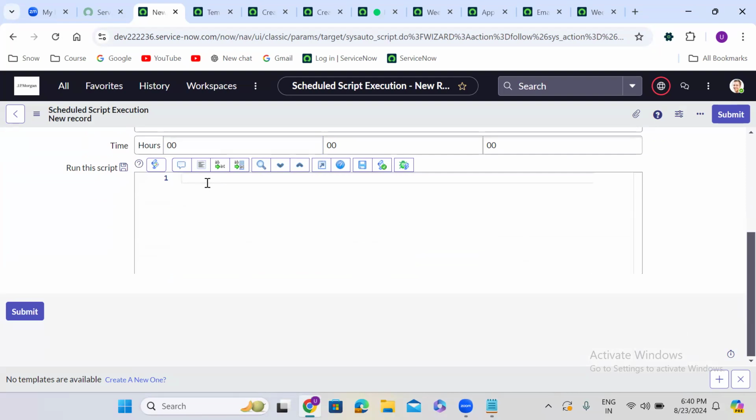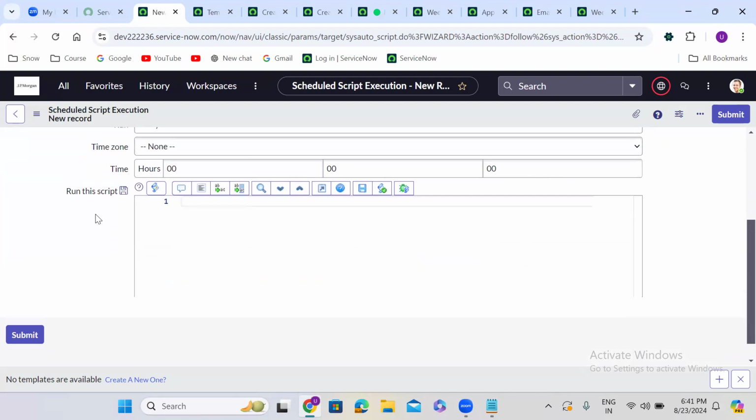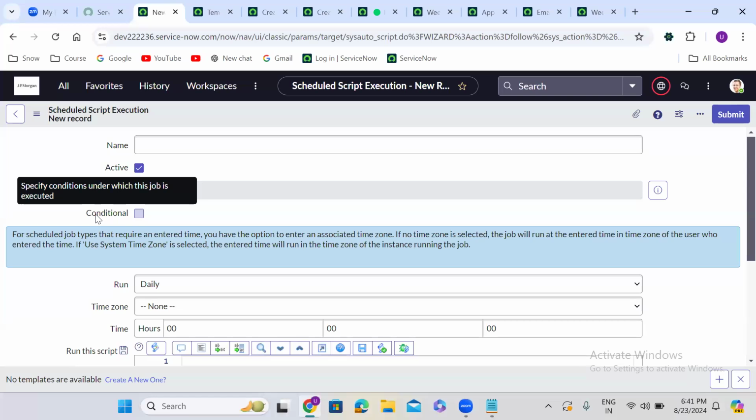You cannot write GlideUser, GlideForm, GlideAjax, GlideDialogWindow, GlideModalForm, GlideList. So client side APIs you cannot use here. You can only use server side APIs. So if you want to run the script on scheduled basis, then you will use automatically run a script of your choosing. So I have a requirement, guys. The requirement is,